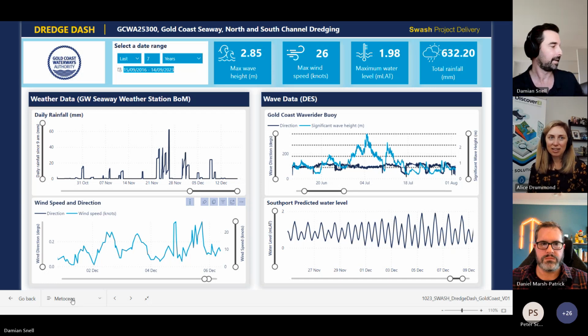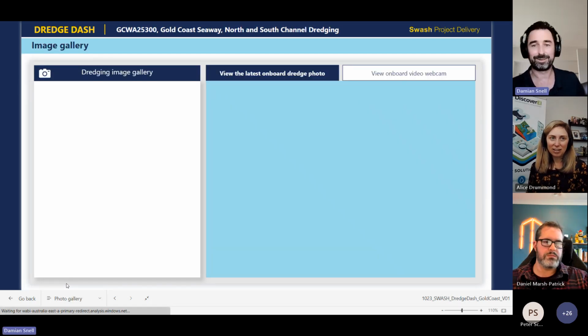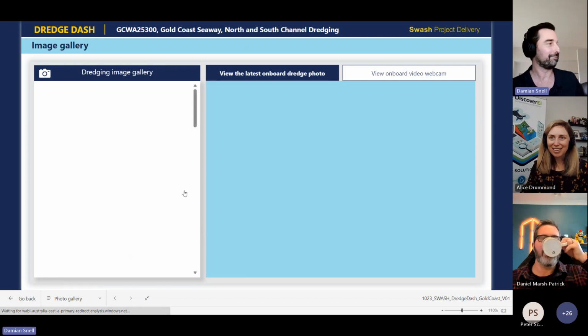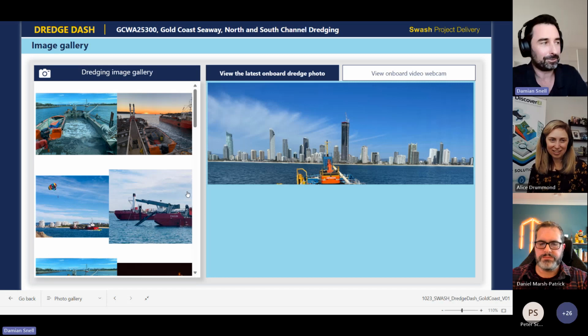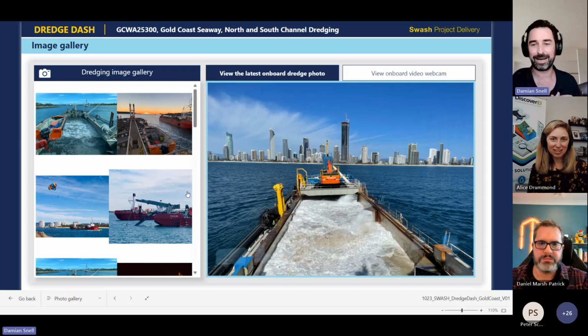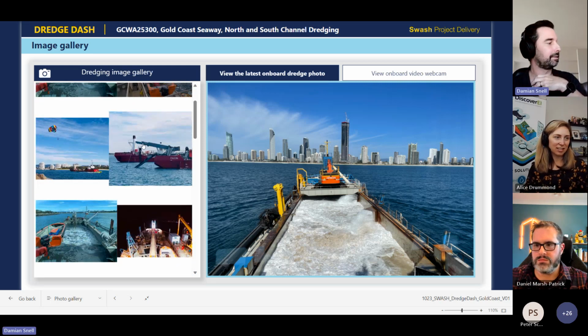And then the last page, I like to have, besides the maps, it's always nice to have the pretty visuals and to see what's happening. Some people like looking at data, some people love to see, and it's not a bad place for a project to work on. So this was just an image gallery. Some great benefits. There was the ability to drop in photos from the project team on the left in an image gallery just to see